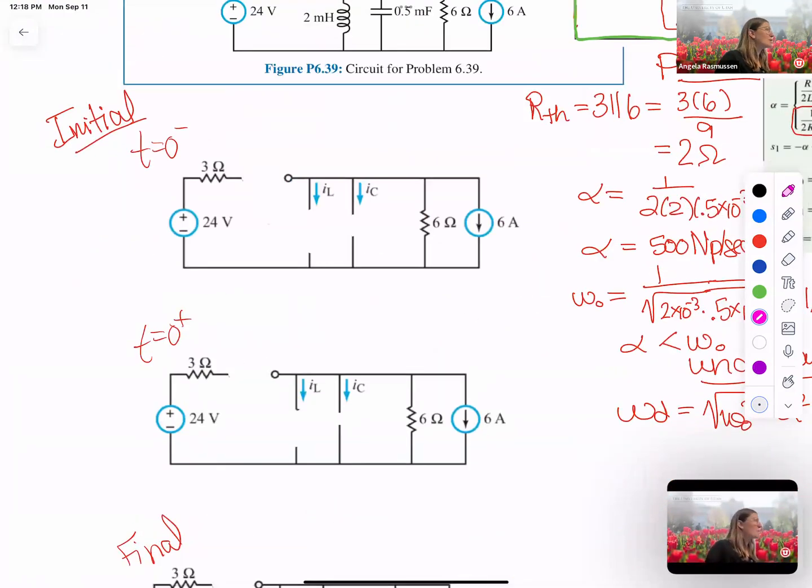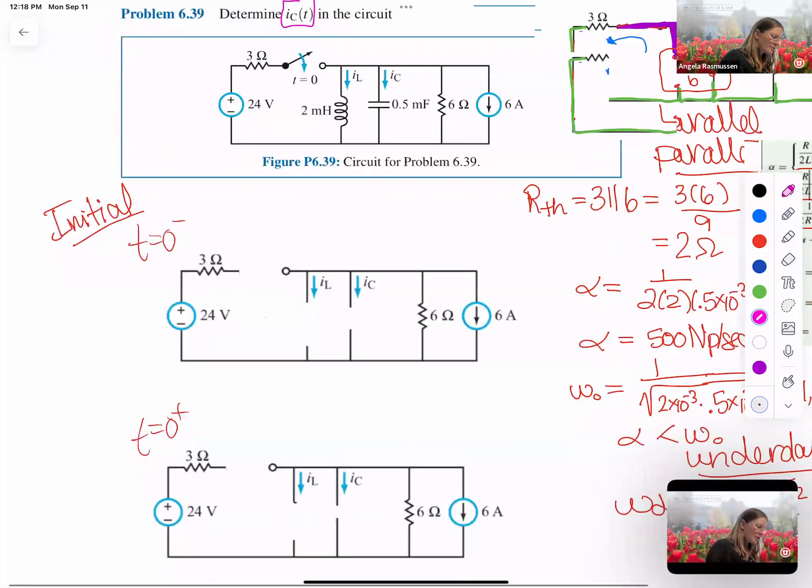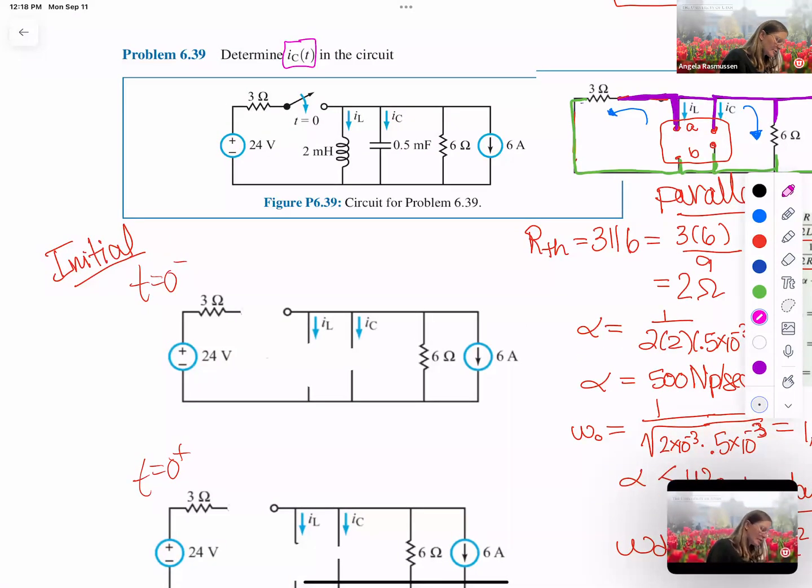Okay, so going back to the initial value. The initial value is found right before the switch moves. So the switch is first open and then it closes. So this will be in an open position. It's sat there for a long time. So short this one and open this one. And from this, I need to find the values for VC of 0 minus, which will be what? Correct, because there's a wire across it. So it's got to be 0. And then IL